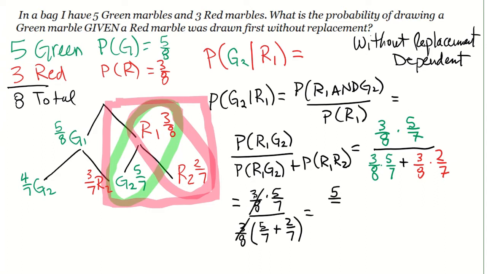It gives me 5/7 plus 2/7 equals 7/7, and that simplifies to 1. That gives me a probability of 5/7, which is what we calculated before,